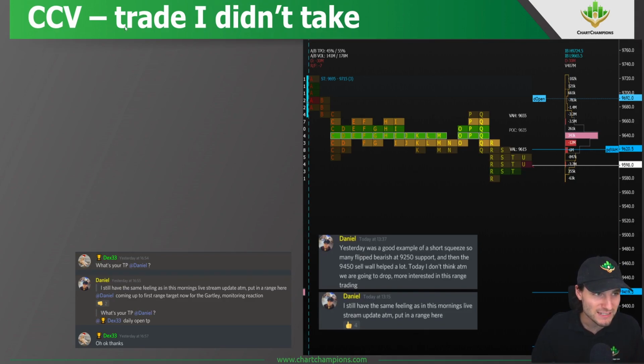CCV. This is an example of a trade I didn't take. So let me first talk you through the setup and why I did not take this trade, even though the setup was officially there. So you can see here, here's our daily open. So the main three things that you're looking at for this setup, okay, is obviously your daily open, your previous day value area high, and your previous day value area low. And what we're saying is if we open outside of value, so if we're opening here